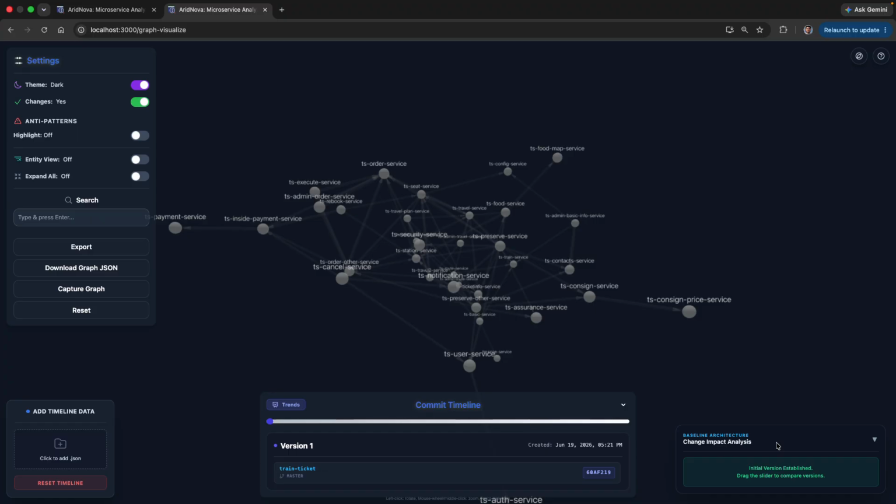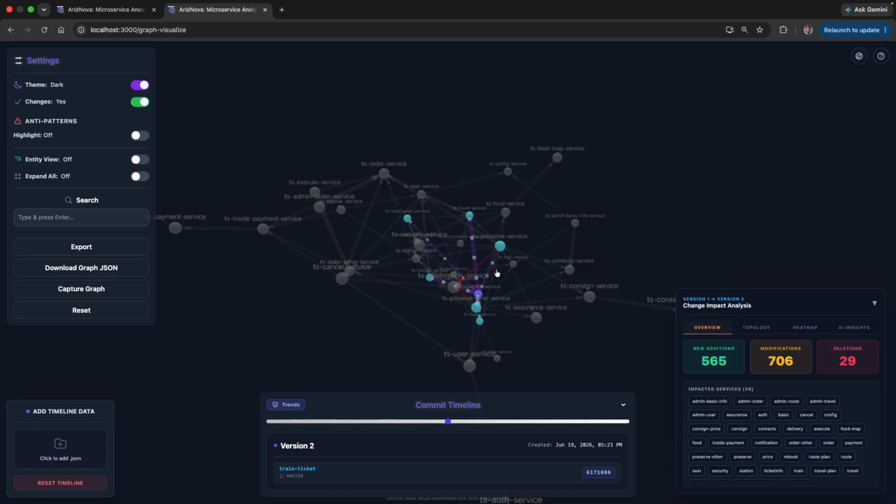It's basically just itself. But if I slide to the second version, obviously you would see the change just here, and you would see the version 2 information here as well. You would also now see the change impact analysis information here. This is basically the same information that you see in the change impact card in the pipeline, but now we have it here so that it's much more obvious and much more intuitive for the user to see what are the changes that have happened here,